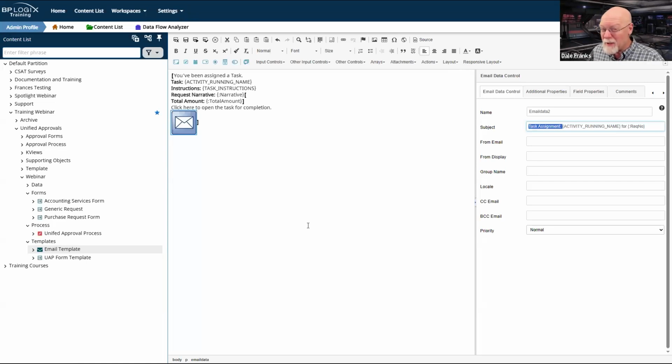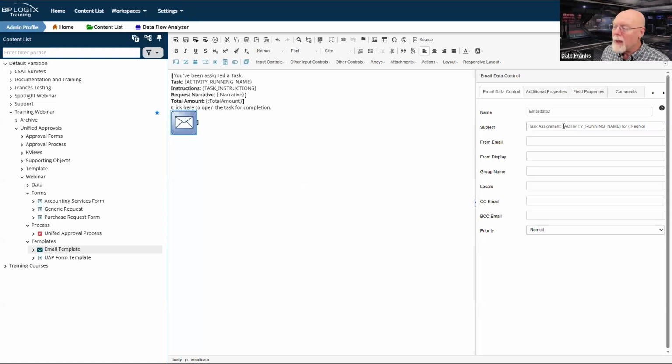Probably the bottom is best for spacing reasons, because email data controls don't have a visual representation on the page. If you place them at the very top, they'll just be an extra blank line at the top, which can look a little wonky. That aside, I can still have multiple sections, each of which have mutually exclusive conditions, but I don't necessarily need to have multiple email data controls. I can have just one on the bottom of the form.